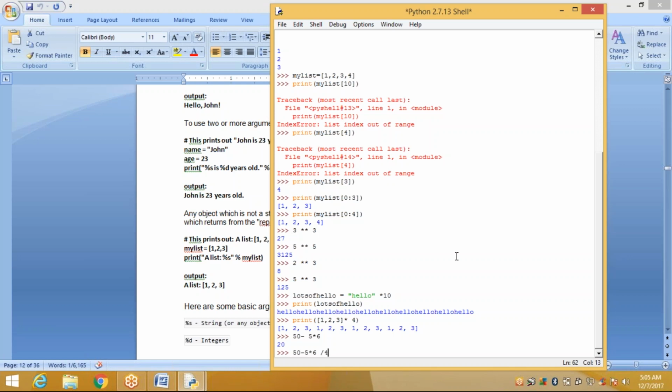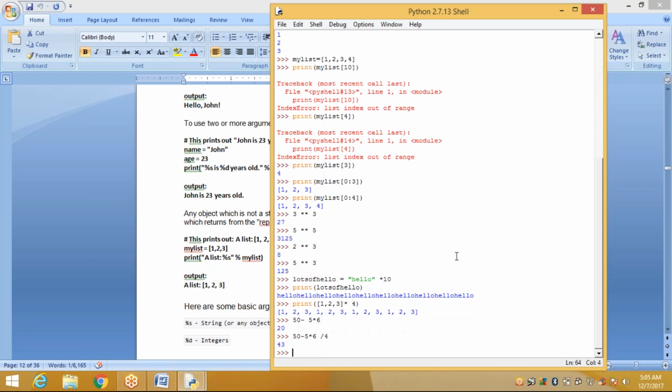How much value will it display? 43.5, 43 something, right? Actually here the point values are not displayed. Why? Because we are not specifying whether it is an integer or float, that's why it only displays integer values. Suppose I give 50 minus 5 into 6.